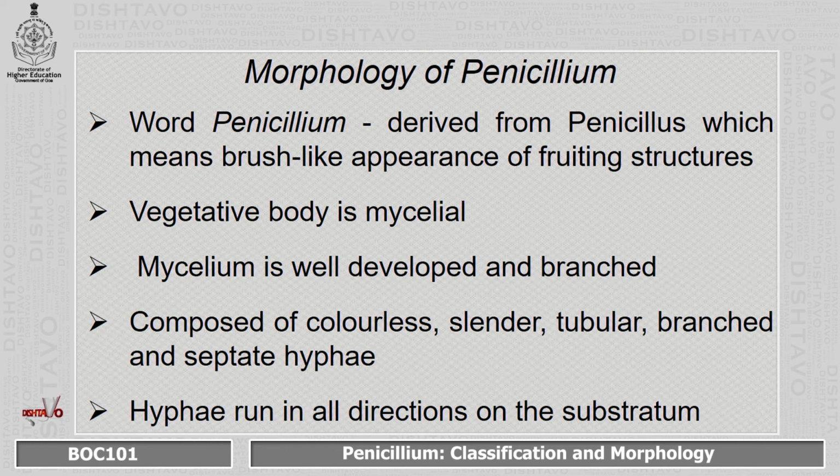Coming to the morphology of Penicillium, the word Penicillium is derived from the word Penicillus, which means a brush-like appearance of the fruiting structure when it is observed under the microscope. Vegetative body is mycelial, that is mycelium is well developed, it is branched and it is composed of colorless, slender, tubular, branched and septate hyphae. Hyphae run in all directions on the substratum,